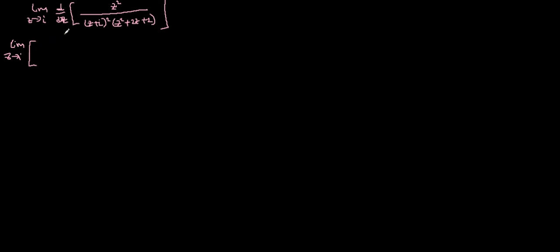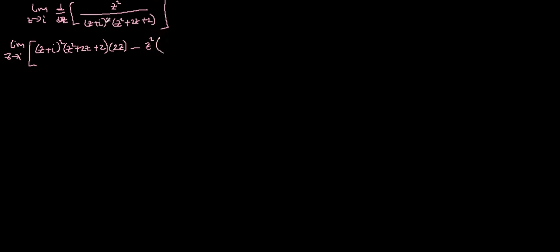So if we keep the numerator... differentiating the denominator, we are going to have (z plus i) squared into (z squared plus 2z plus 2) into 2z, and this is minus. Now you keep the numerator and differentiate the denominator, which should be z squared